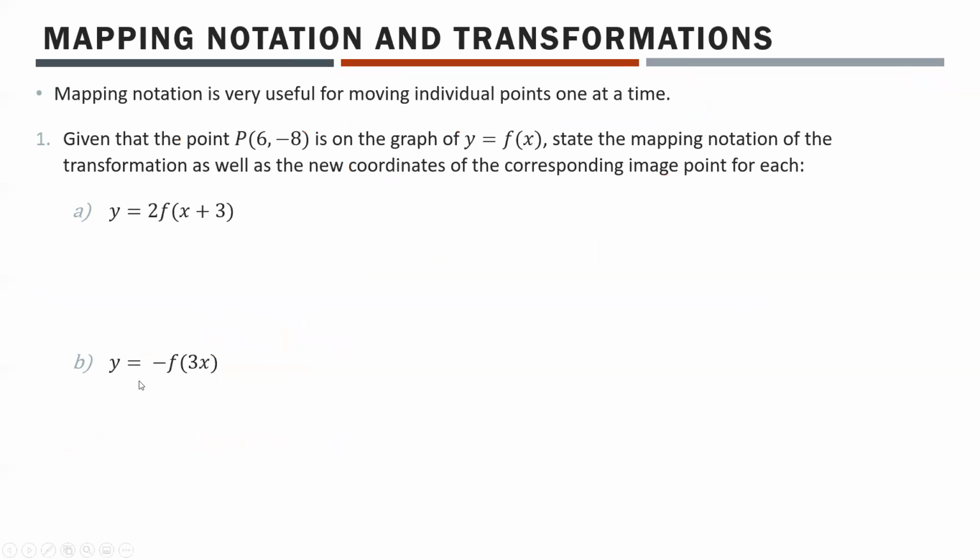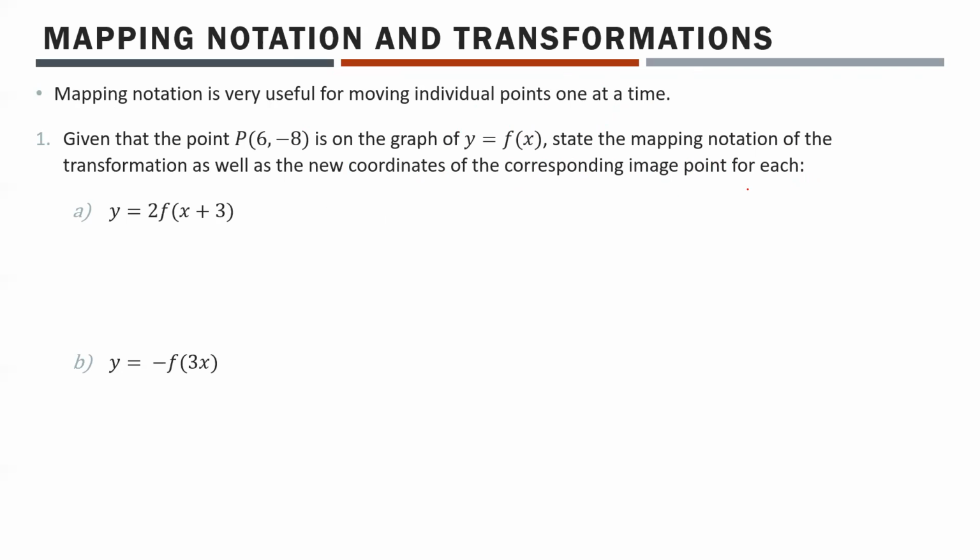All right, last question here. We're going to deal with mapping notation just because we haven't really dealt with that much, if at all today. I don't think we even talked about it at all today. Here we go. So mapping notation, like I will remind you again, is very important for moving individual points, like individual coordinates, one at a time. So here's an example. This is a 4-part example, right? Given that the point P, which is 6, -8, is on the graph of y equals f of x, whatever f of x is, we weren't given the equation here, state the mapping notation of the transformation as well as the new coordinates of the